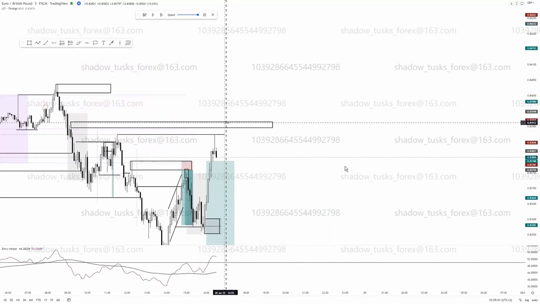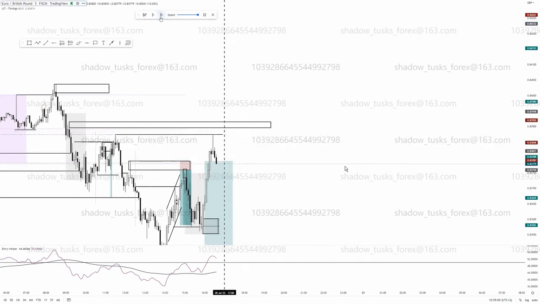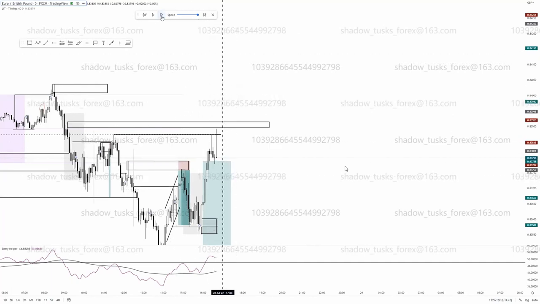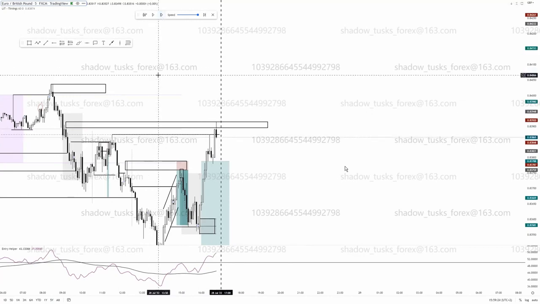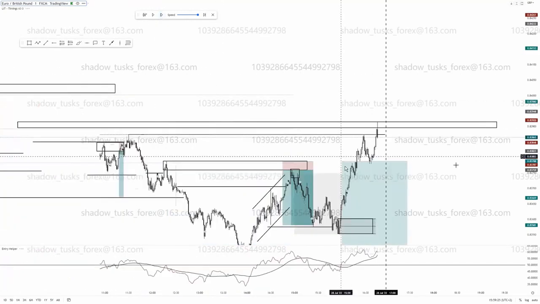So if we get a mitigation of the inducement POI at London close with the clear build up below it, you know, trade away, perfect. Then we could be like, interesting. If you're not comfortable, then obviously you could look for,